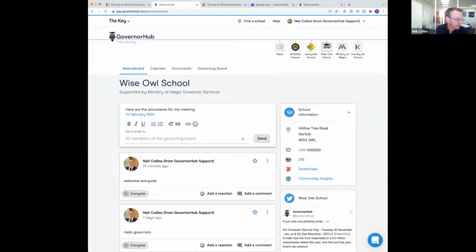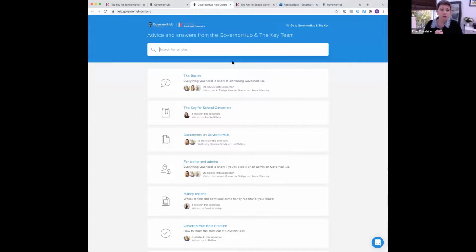There's lots of questions still, Neil. There's a few about whether you can be given information to help, or training, and all that sort of aspect. Again, forgive me if you've already said it, you've got the help button at the top of the screen. There's loads of information there. If you've got a new governor, point them to this. You can see all the different aspects of the whole system in there.